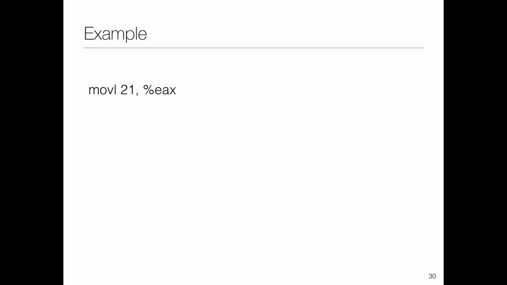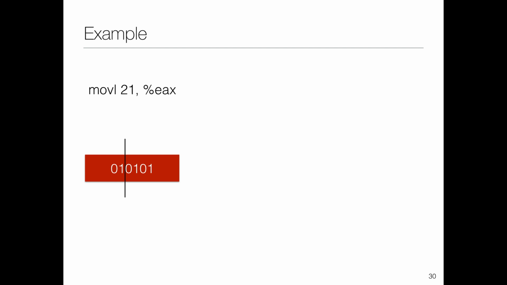Let's say there is an instruction which is move 21 to EAX. 21 in binary would be 010101. Let's break it up into 2 parts: the least significant 4 bits and the most significant 2 bits. Now, do we need to do anything with the 4 bits? If we want to find out where this address is, everyone knows 21 is a virtual address. Everyone with me? When we actually need to load something, we need to go to the physical address.